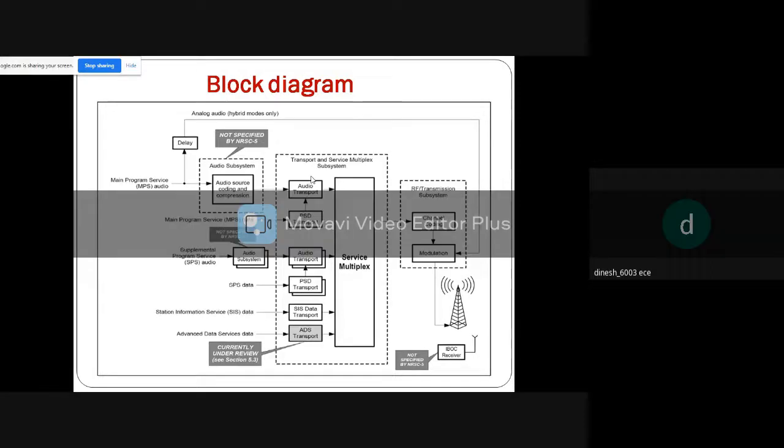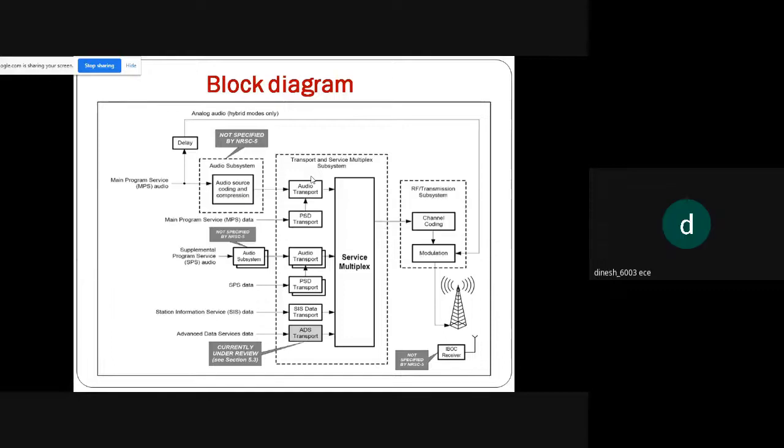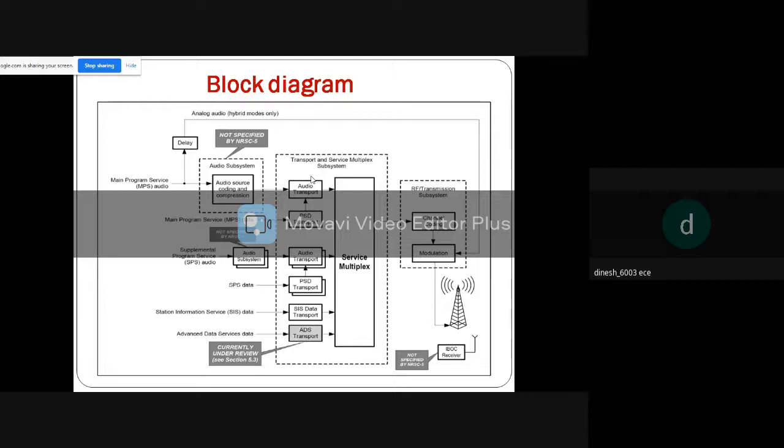Then SPS data is given to your PSD transport. Then satellite information service is given to SIS data transport. Advanced data service data is given to ADS transport. So all these things are given to a service multiplex, then to a channel encoding, and to an appropriate modulation, then to the